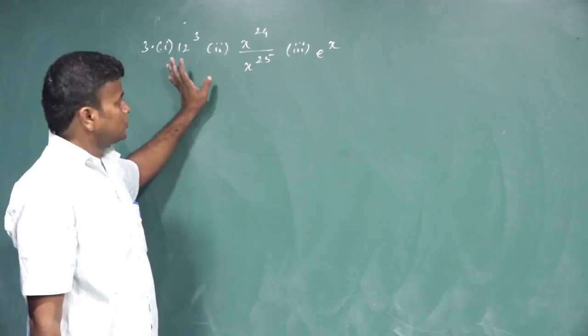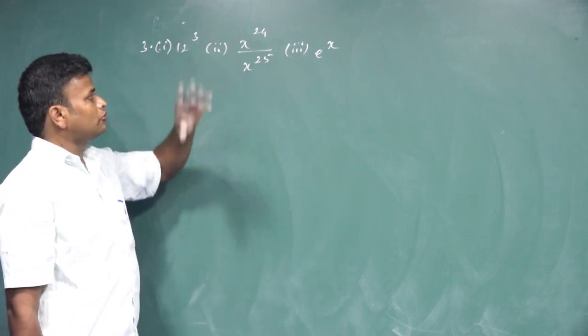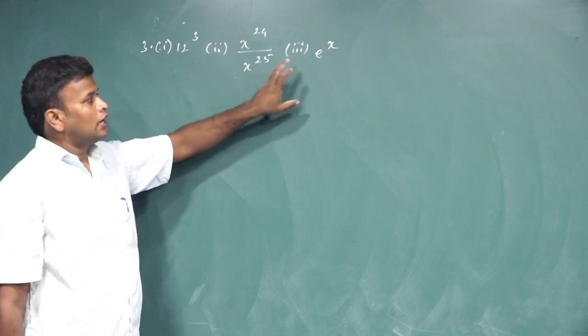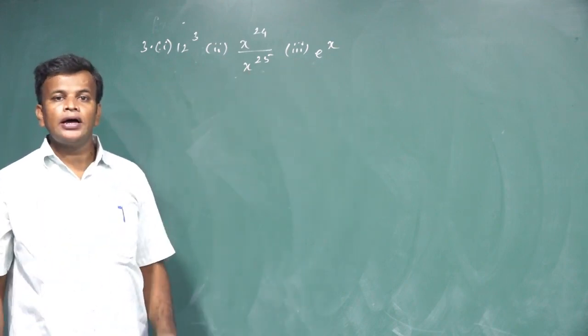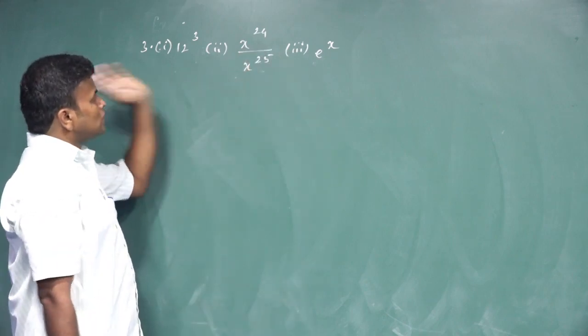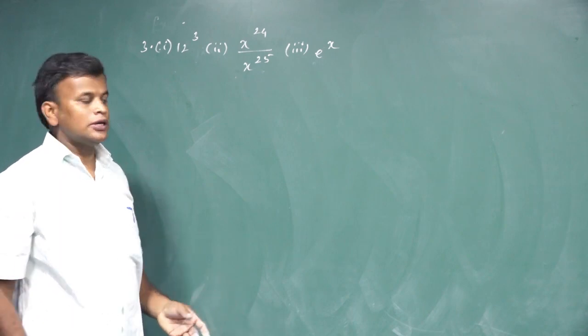Now the third one, there will be 3 subdivisions there. 12 cube, or 12 power 3; x power 24 divided by x power 25; and the third one is e power x. So there will be 3 sums. Using the same way, integrate each term with respect to x. Okay, the first one,